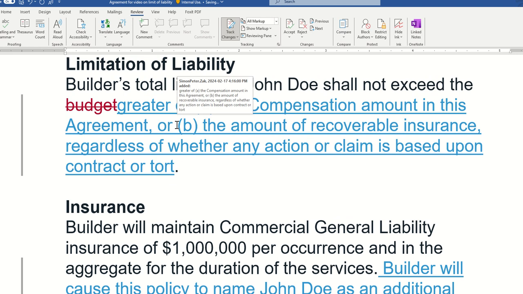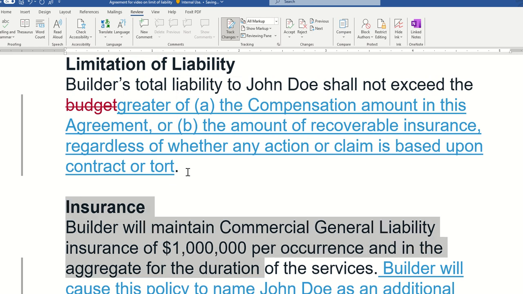For example, if he didn't have insurance, we might have just said the total liability of John Doe shall not exceed.